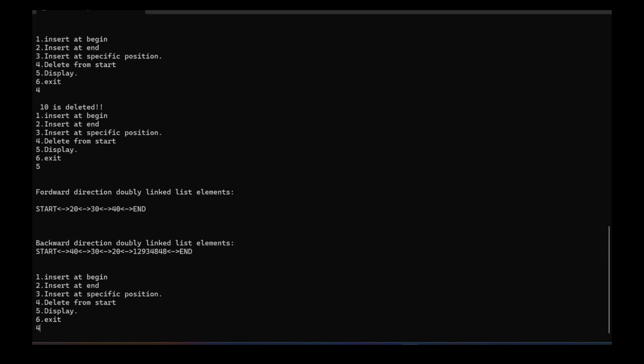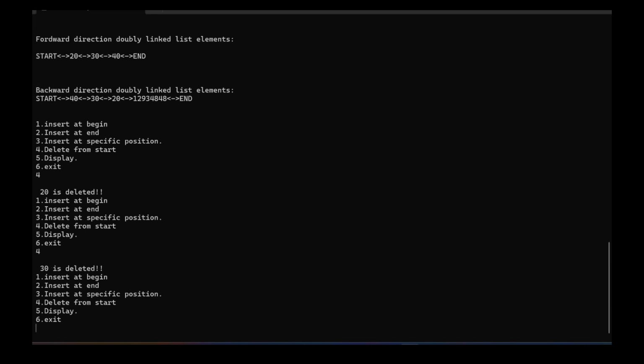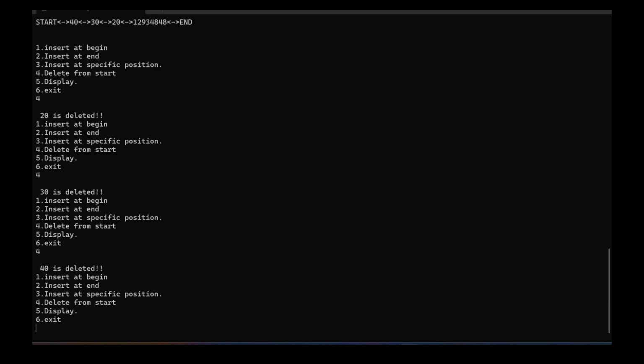For example, again I go for delete. 20 is deleted. Then 30 is deleted. Then 40 is deleted. Now the list is empty, deletion not possible, or we can say it is an underflow condition. So if there is no data, this condition we also call underflow. So this is the way we can delete an element from the